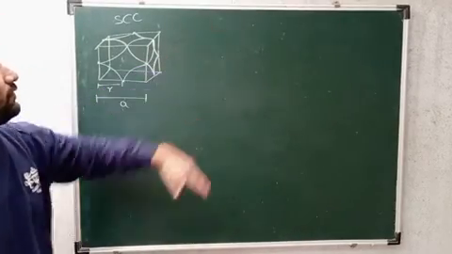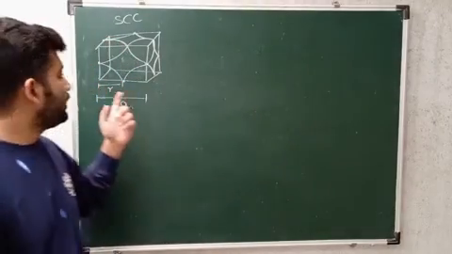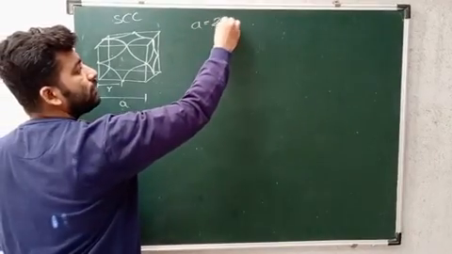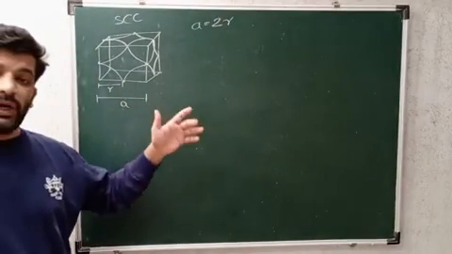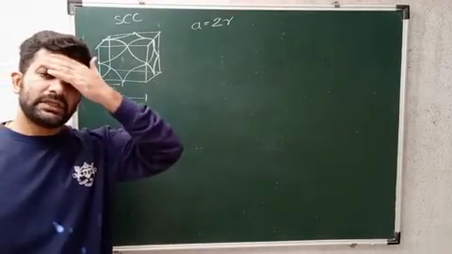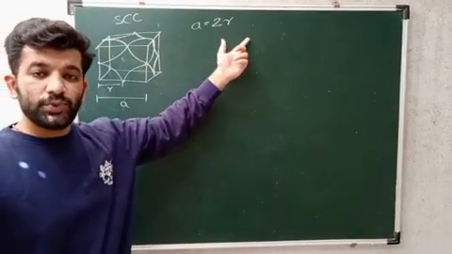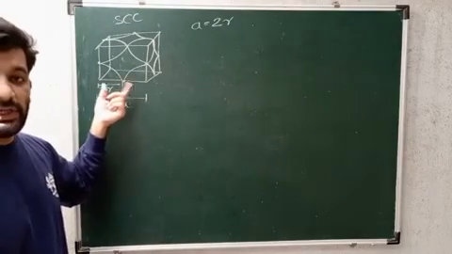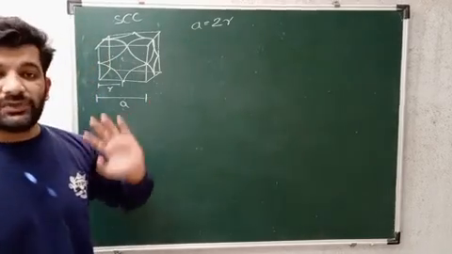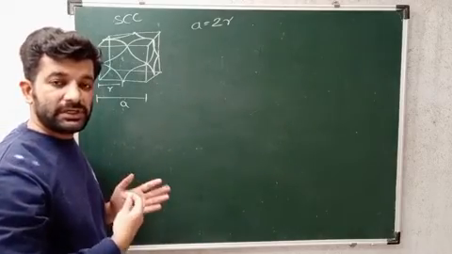Okay, so now first we will write down the statement which you all should understand: consider a cube having edge length a. Here a can be given as 2r, where r is the radius of an atom. So in this way you can start with the derivation. Consider a simple cubic unit cell having edge length a. Let a be equal to 2r as shown in the figure. Next statement will be: r is the radius of the atom. In this way we will get the starting of the derivation, and then we will complete the derivation.